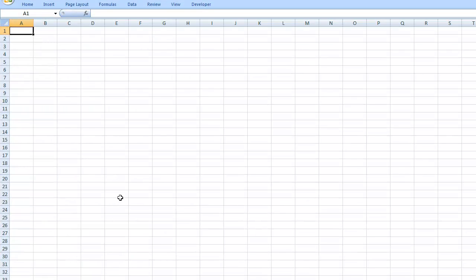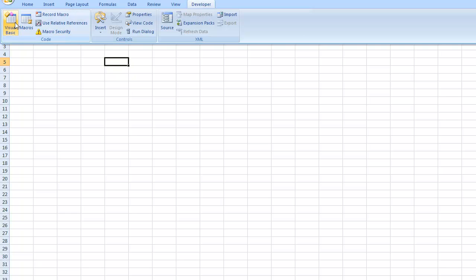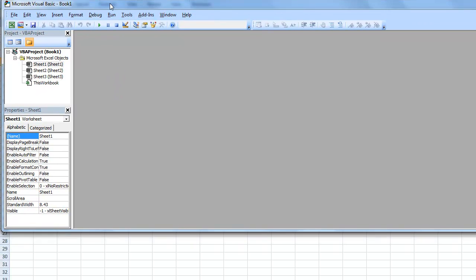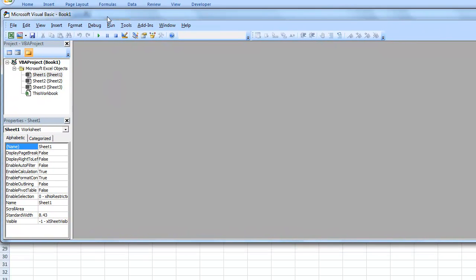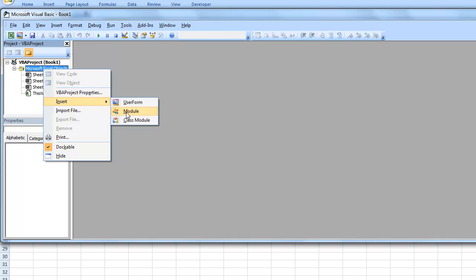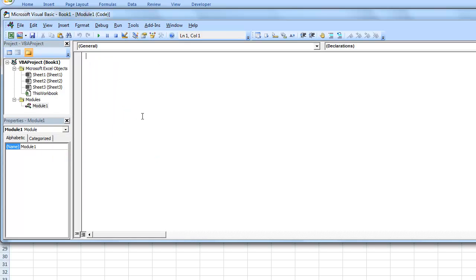So open Excel, go to VBA. You can either use this button or use the hotkey Alt F11. Okay, so here we are in the VBA editor. Add a new module and type Declare Function square Lib. This underscore means that basically we are continuing with the command on a new line. Okay,